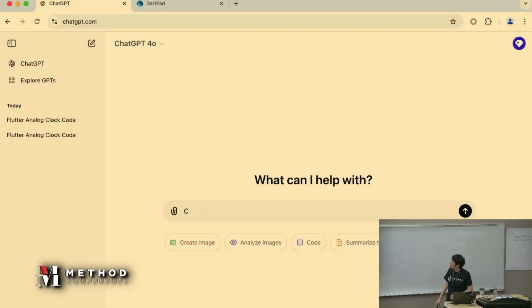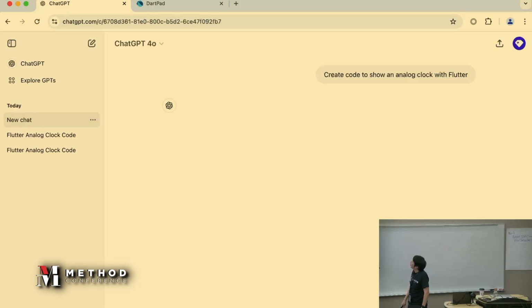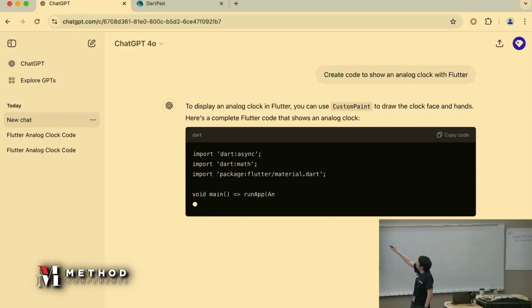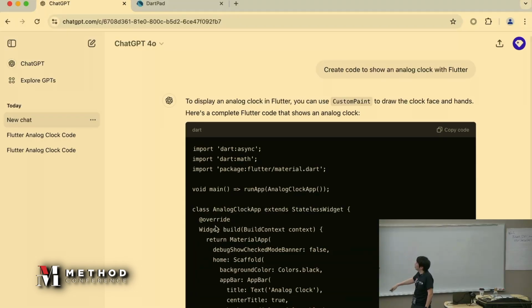Okay, let me show you a demonstration. It's a ChatGPT screen, and I write a prompt: create code to show an analog clock. If you have a laptop, you can try the same. And after that, ChatGPT replies with the source code like this.